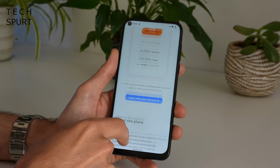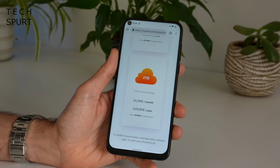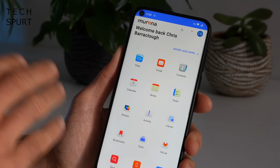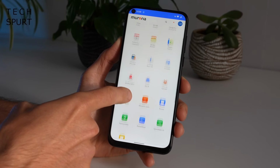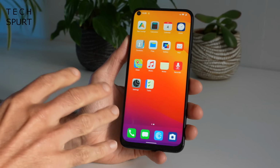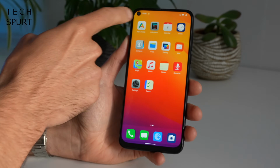Otherwise, you can bump it all the way up to a mighty 2 terabytes of storage if you've got a spare €25 a month. You've got a small variety of online apps. Actually, there's more apps if you tap here as well. So you've got the usual online syncing of your contacts and calendar and notes and all of that shenanigans. You've also got an online documents editor, spreadsheet editor, a good bit of presentation action. And if you so desire, you can download fresh apps as well, either via the usual APK route, otherwise via